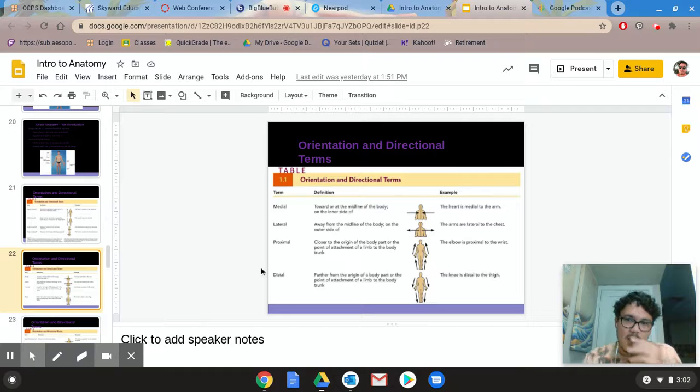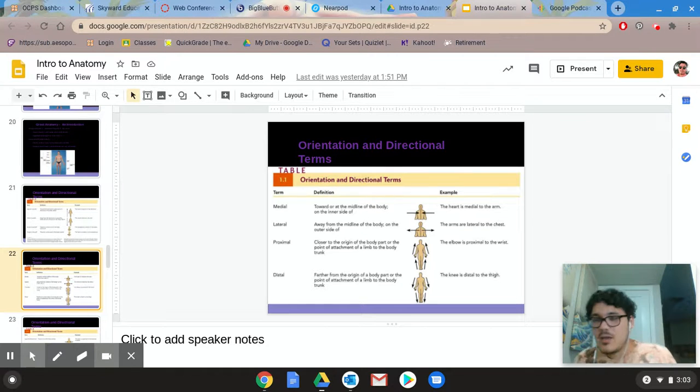Proximal and distal. These can be tricky. Honestly, for our first unit, the big thing I want you to understand is that proximal, I think of proximity, so it's all about how close it is. Whereas distal, I think of distant. So with distal, it's more about how far it is. So want to clarify that, want to make sure we're good as far as some of those basic terms. It is oriented around point of origin, so where it begins. So the example you see here is that the elbow is proximal to the wrist, whereas the knee is distal